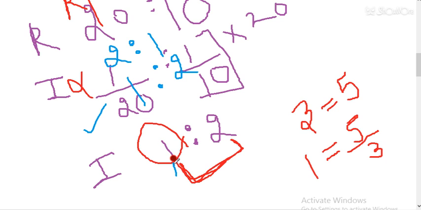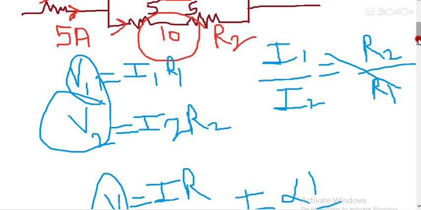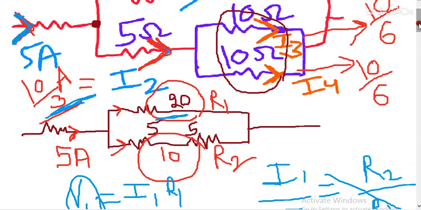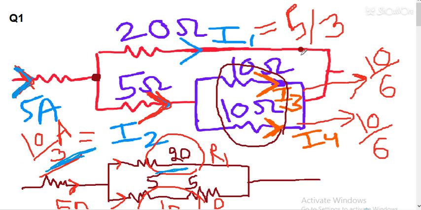So the current ratio contains three parts, 1:2, that means total parts are 3. So 3 parts are equal to 5 ampere current, and one part is equal to 5 by 3 ampere. One part is flowing through the 20 ohm resistance and two parts are flowing through the 10 ohm resistance. You can see the diagram. Through the 20 ohm one part is flowing, that means it will be 5 by 3. Through this lower branch, which was 10 ohm, 10 by 3, two parts are flowing.